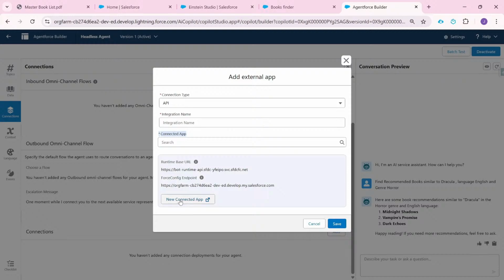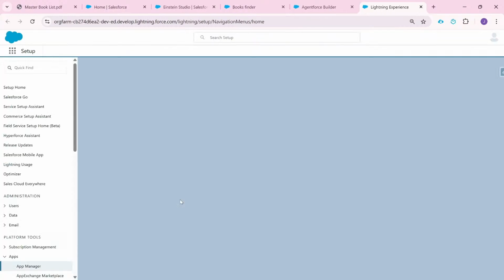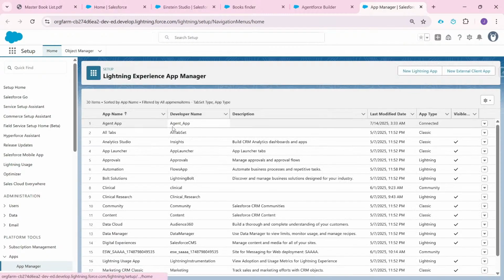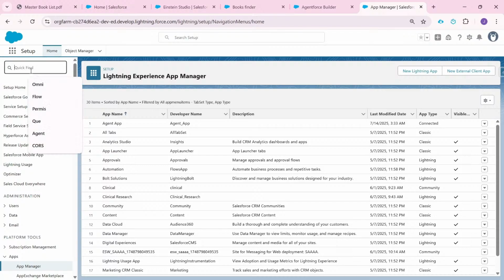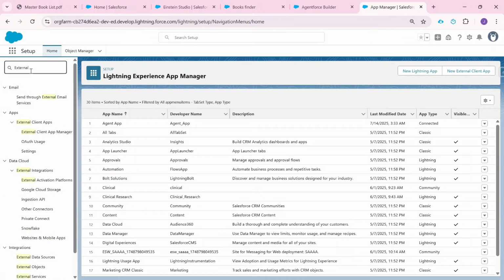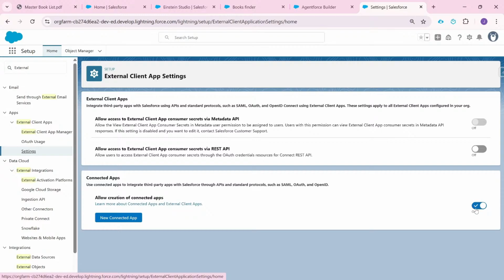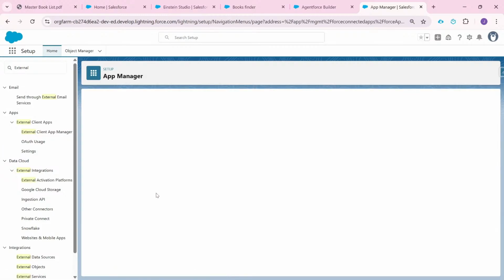So for that, you can click on this new connected app, and it should take you to the app manager. Recently Salesforce has stopped creating the connected app from here. You can create the external client app, but for this one I just want to create a connected app, and that you can do from the external client app settings. So if you go to the external client app settings, here you still have the option to create the connected app. So you see that you need to make this checkbox true. I had already made that, allow creation of connected app. So if you make it true, from here you can still create the connected app. So I'm just going to create a new connected app,